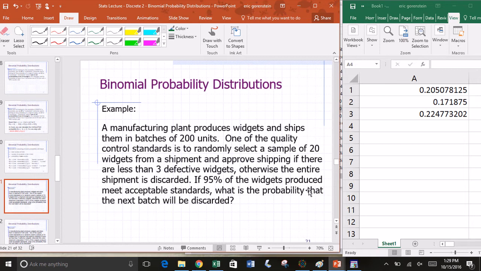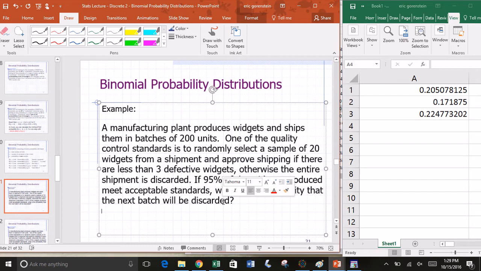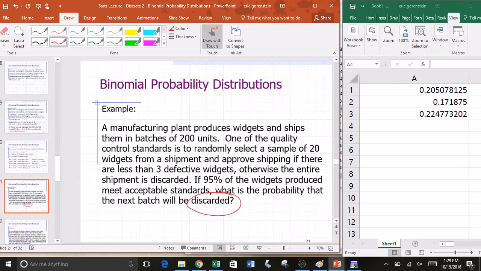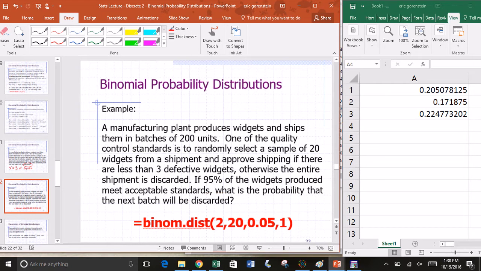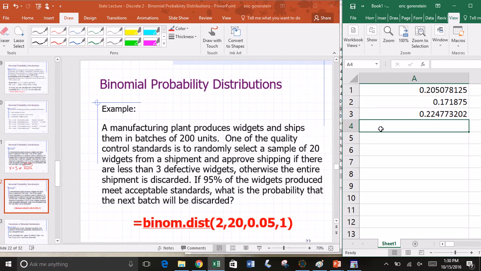Well, how does this happen? What would make a batch be discarded? Well, that happens when X, or number of defects, is 3 or more. So less than 3, the batch is good. 3 or more, the batch is discarded. So we want the probability that X is 3 or more. So again, this will give us the probability of 0, 1, and 2. So this in red will give me the probability that the batch will be accepted. So if I want the probability that the batch will be rejected or discarded, I need the complement of this. 1 minus